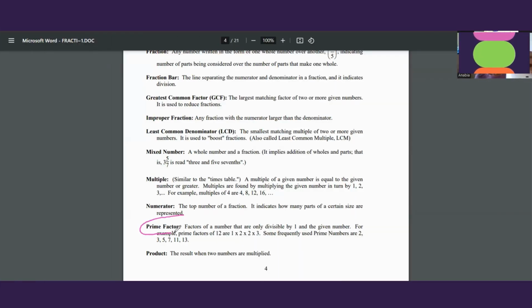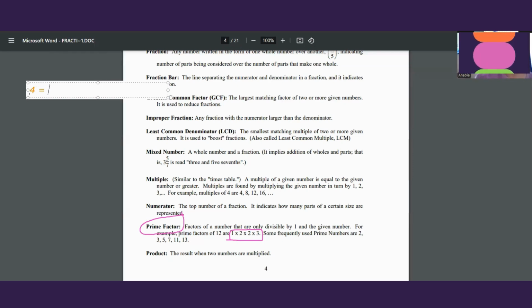Actually, we have to discuss prime factors. When a number is written in its prime factorization, you write only the prime numbers to show that number. Let me write it here. For example, if you are talking about 4,